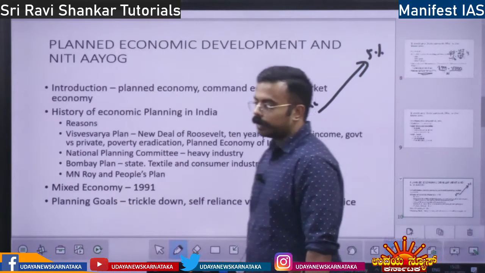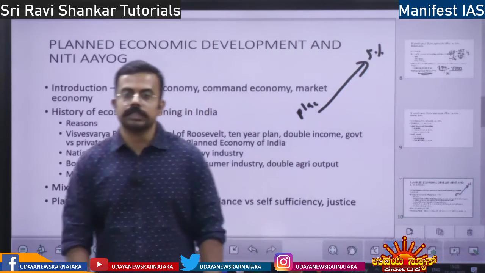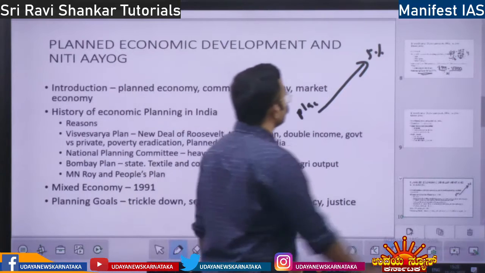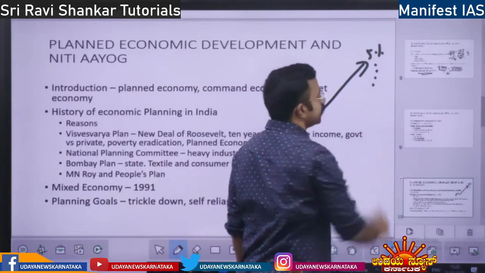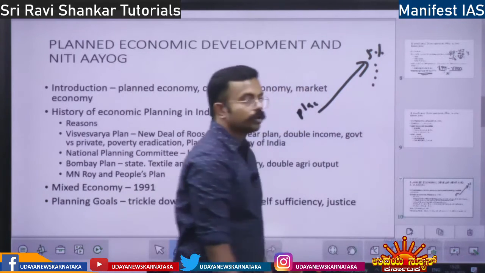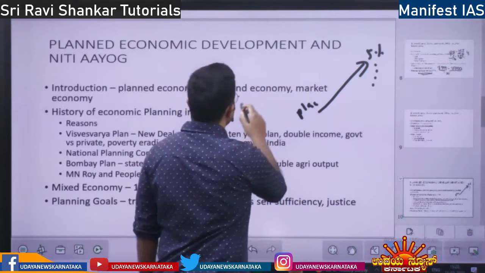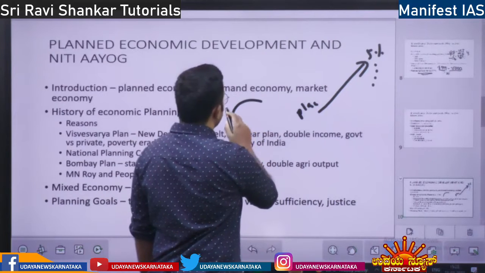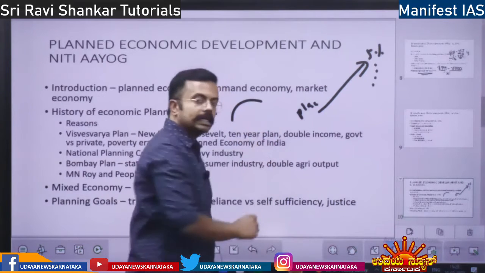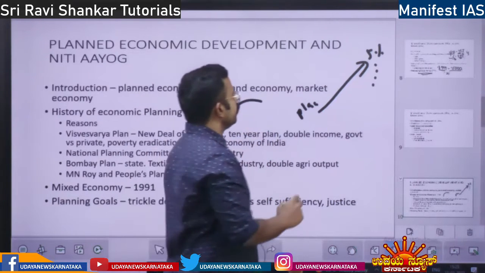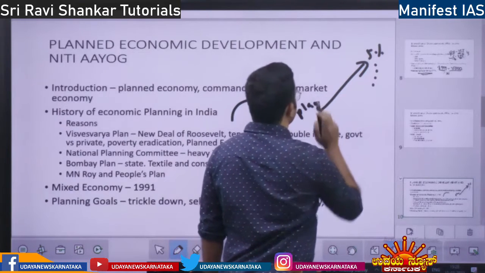But once we grow the economy by 5 or 6%, the growth will trickle down. First, what happens? In the Kuznets curve I told you yesterday, per capita income increases, right? Inequality first increases, later decreases, right? When we plan and grow the economy,